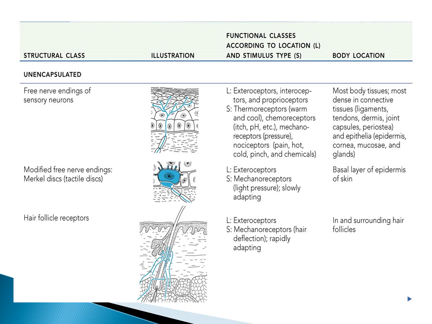Free nerve endings are located widespread throughout the body. They're located within the body, on the exterior surface of the body, and also within most dense connective tissues such as ligaments, tendons, and joint capsules,